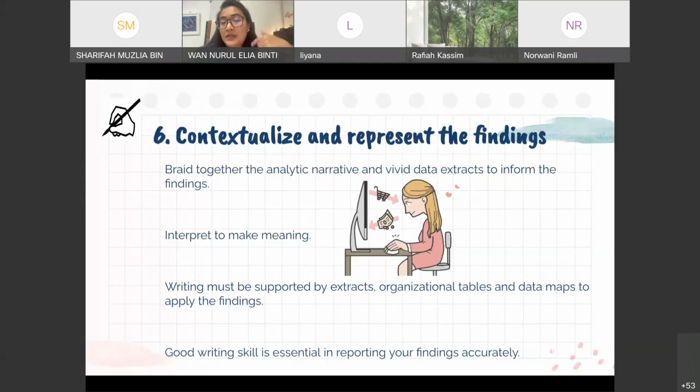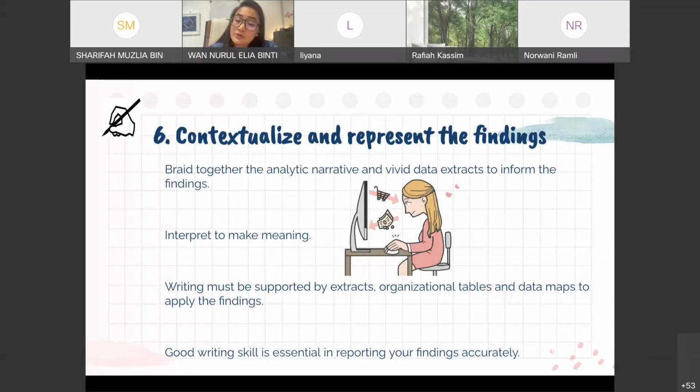You must be able to show your readers that you have a good understanding of how your data works. And then you also have to interpret to make meaning, of course, with any kind of writing. You have to bring with you the interpretation of the data, all right? And the writing must be supported by extracts, like I mentioned earlier, organizational tables and data maps to apply the findings.